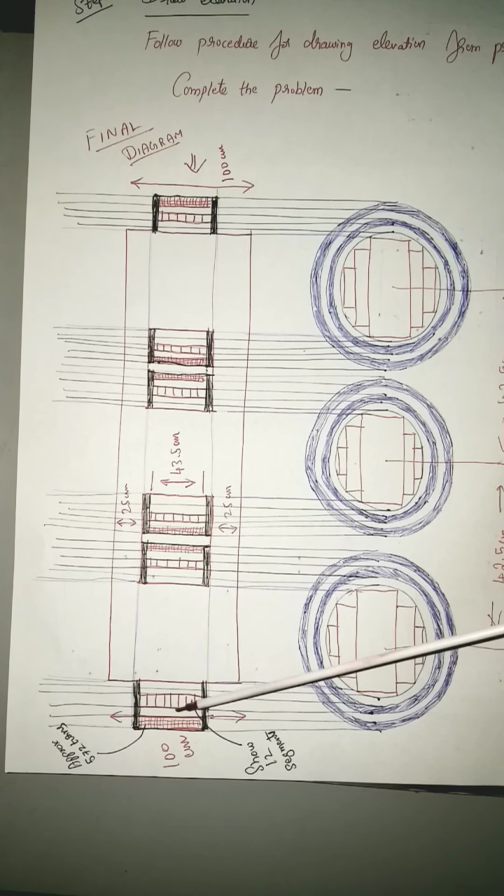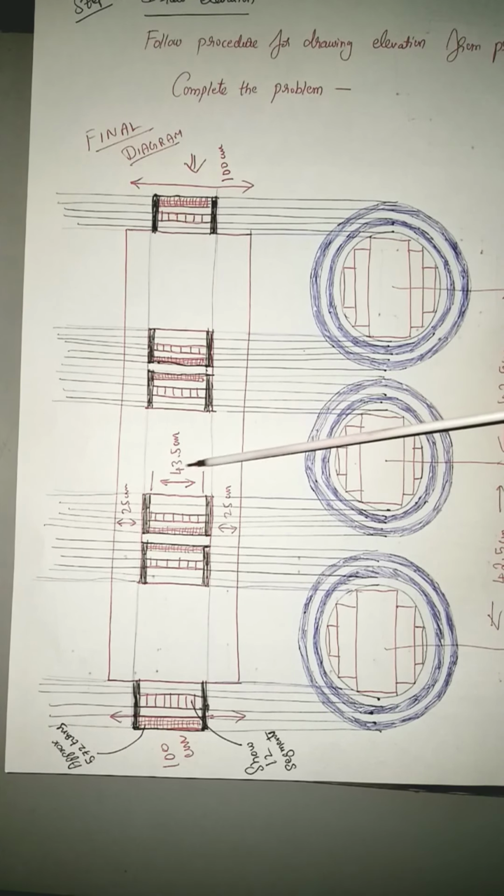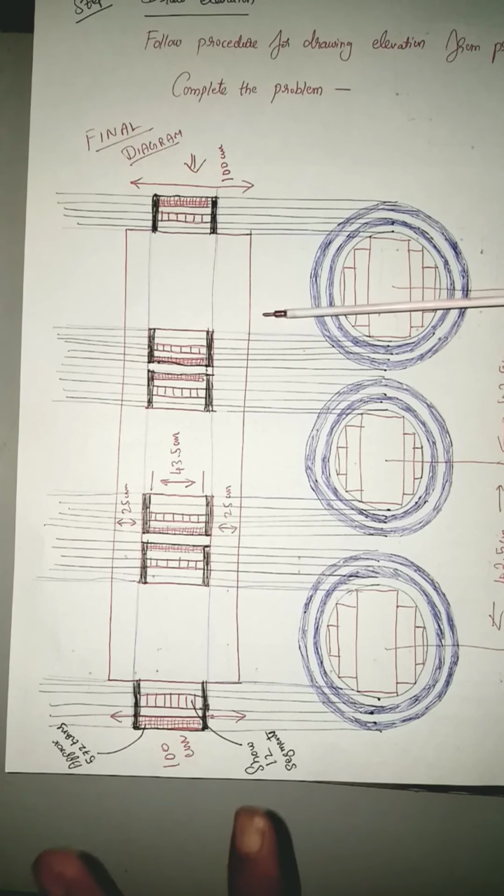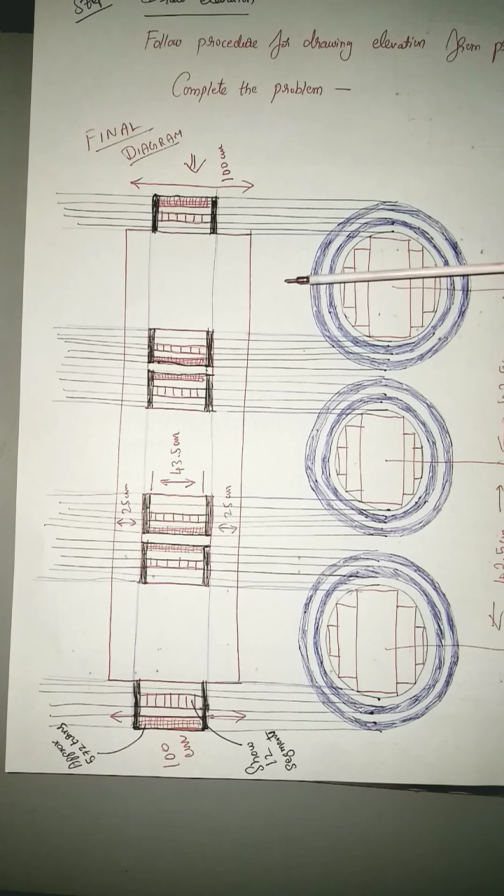And in the problem they have given the height of the window as 43.5 centimeters. This obviously you'll be getting when you project it, automatically you'll be getting it like this. So this finishes your problem number 3. In this problem, since most of the procedure was similar to the previous one, I have directly gone to the final diagram. You'll have to solve this, then only you'll be able to get the grip.